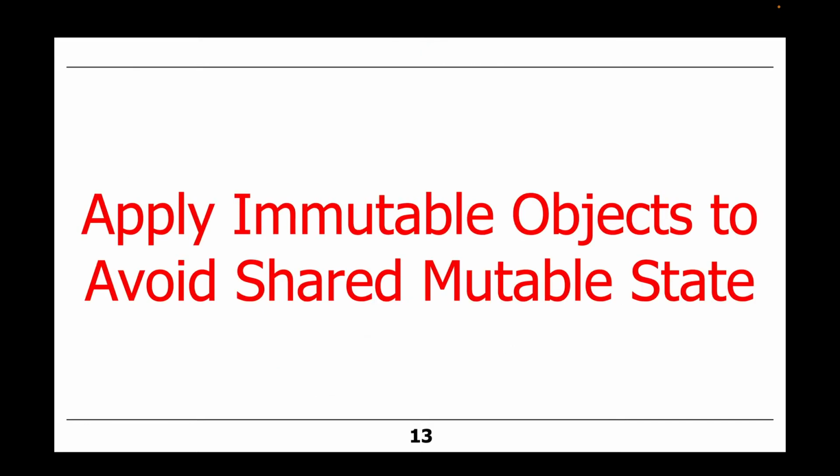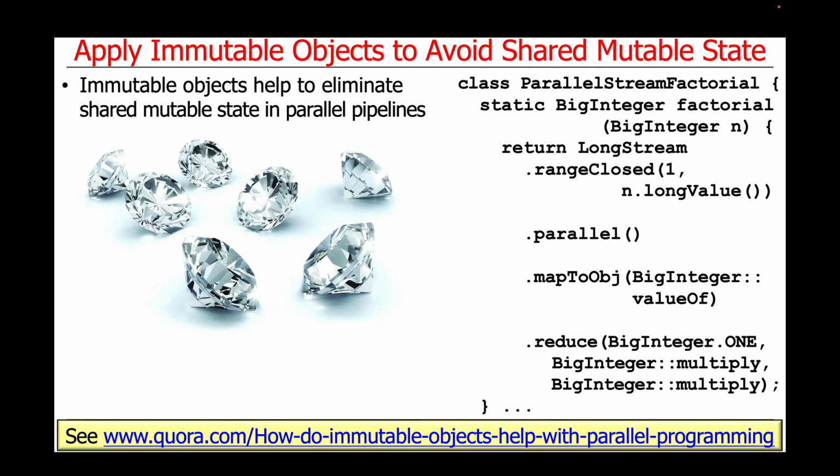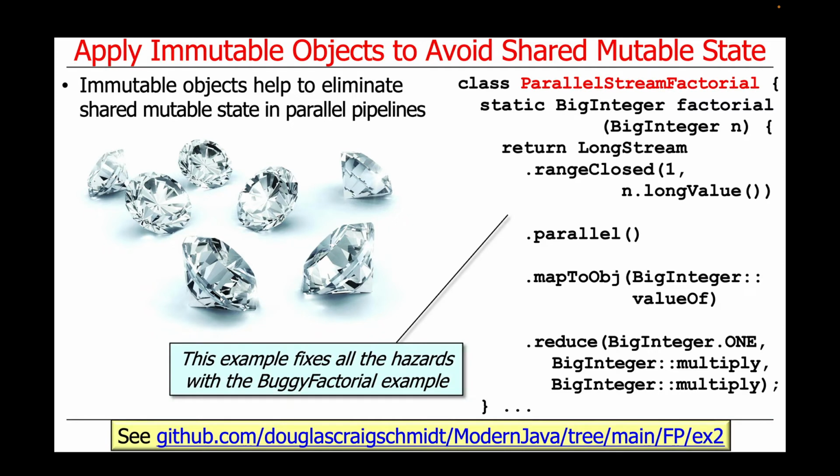Now that we've discussed the concepts associated with immutable objects in modern Java, let's show how to apply immutable objects to avoid shared mutable state. In particular, immutable objects help to eliminate shared mutable state in parallel pipelines. For example, the ParallelStreamFactorial class shown here will be used to fix all the hazards with the BuggyFactorial example we examined in the previous part of this lesson. Once again, you can find this code in the EX2 project in the FP folder in my modern Java GitHub